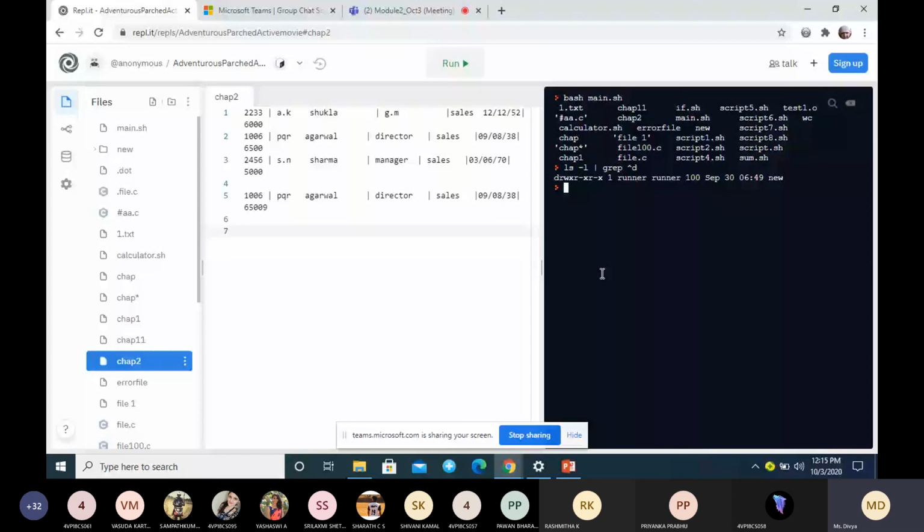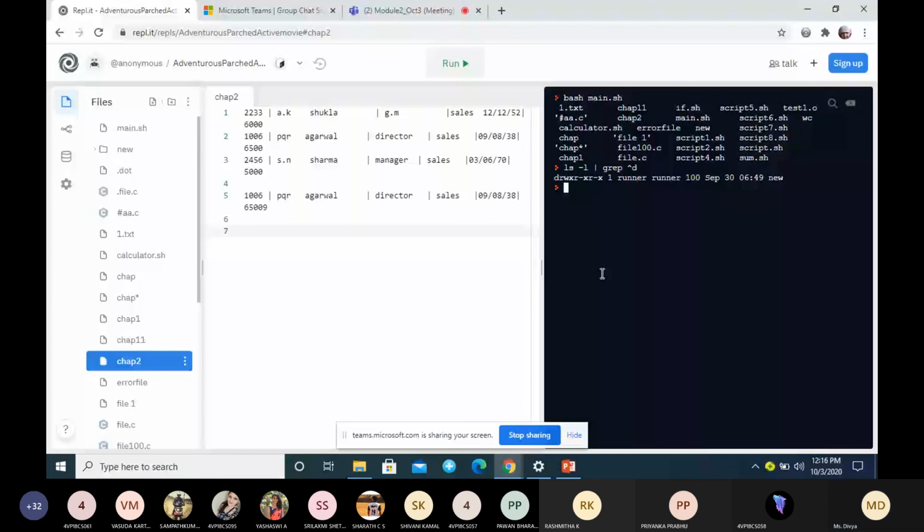Practice these examples. Use some terminal. If you have Unix or Linux, it is fine, you can directly use a terminal for executing. If you have Windows, go for an online terminal, where you can execute the commands. Only if you practice will it be clear, otherwise you will have confusion. Try giving different patterns and see how the output will be. So that is about specifying the pattern location.